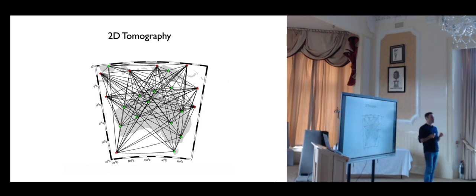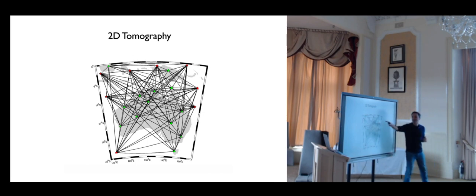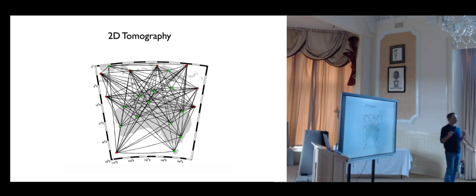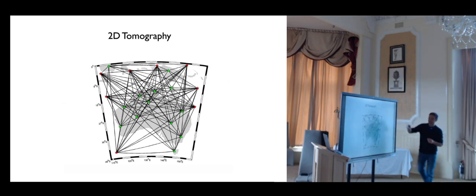So what we actually observe is a velocity along a ray, an integrated velocity. It's the average velocity along a ray between a source and a station. And of course, we don't know if the wave was going fast at the beginning and slow at the end. The only thing that we know is the average velocity.